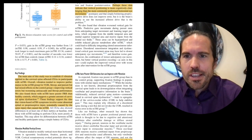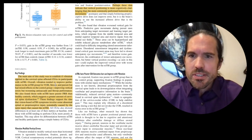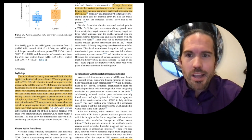So what they found, their key findings: the main aim of the study was to establish if vibration applied to the cervical spine